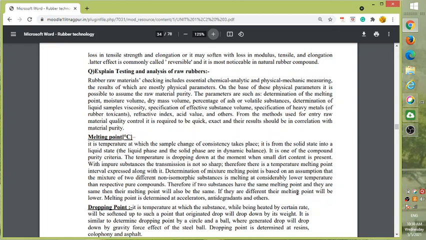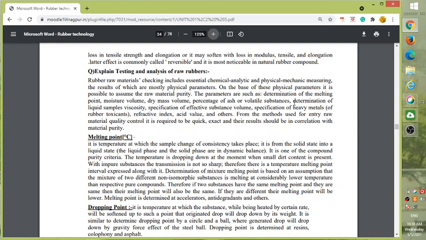Explain testing and analysis of raw rubber. Raw rubber materials checking include essential chemical, analytical, and physical mechanic measuring, the results of which are mostly physical parameters. On the base of these physical parameters, it is possible to assume the raw material purity. The parameters are as such: